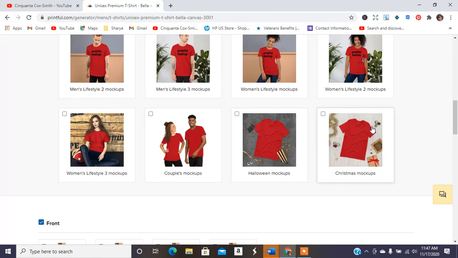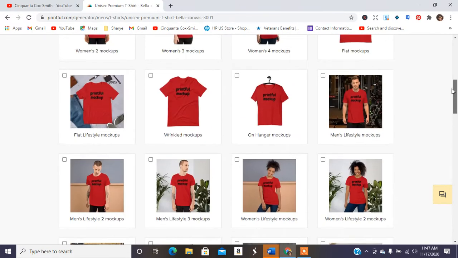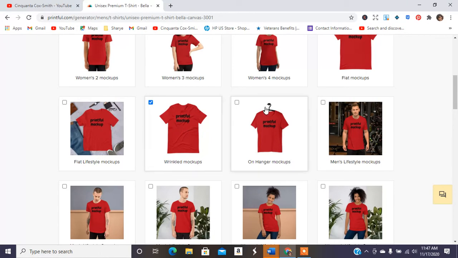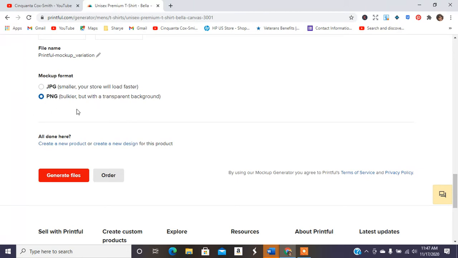They have some Halloween, Christmas mock-ups as well. Choose whatever mock-ups you like. This is one of my favorites, the hangers and the flat lay. So we're going to choose all of those and make sure it's PNG so it has a transparent background